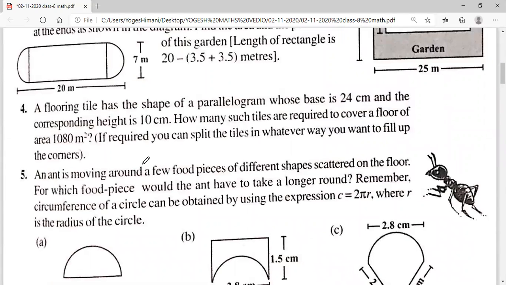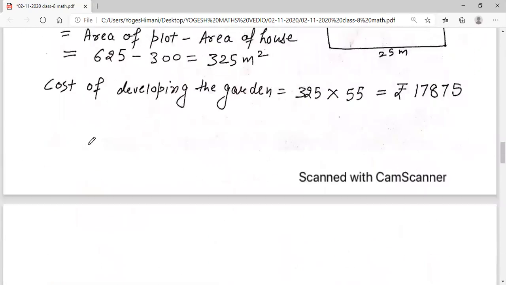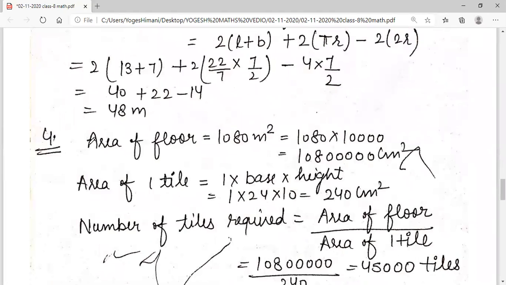A flooring tile has the shape of a parallelogram whose base is 24 सेंटीमीटर। एक फ्लोरिंग टाइल है जिसकी शेप कैसी है, पैरेललोग्राम की है, और बेस कैसा है 24 सेंटीमीटर है, एंड द कोरस्पॉन्डिंग हाइट इज 10 सेंटीमीटर। हाइट भी दी हुई है, बेस भी दिया हुआ है, एरिया निकाल लेंगे हम। अब कहते हैं हाउ मेनी सच टाइल्स आर रिक्वायर्ड टू कवर द फ्लोर ऑफ द एरिया 1080 स्क्वायर मीटर। इतना एरिया दिया हुआ है, ठीक है। तो कितनी टाइल्स का इस्तेमाल लेंगे, मतलब नंबर ऑफ टाइल्स निकालनी है।